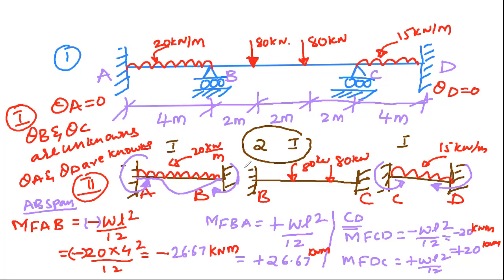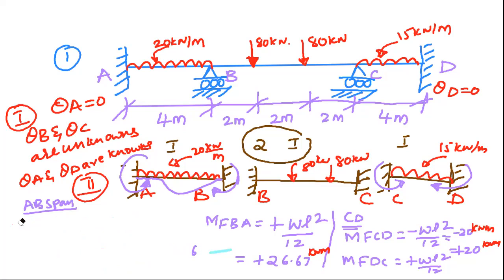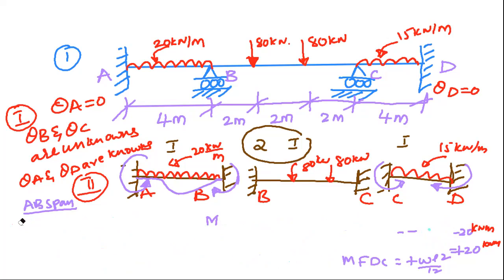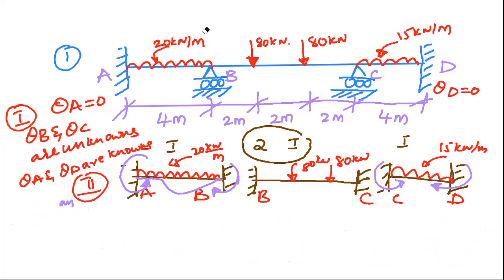Now what I'm going to do is solve for BC span. For BC span the formula is different, that's all. Procedure will be the same. The formulas you have to learn by heart, there is no other go, otherwise you should know the procedure to derive them. All those things you will be learning in your strength of materials course. That is the reason I am not going to repeat it. Now we are going for BC span over here. In the BC span, what is the formula to calculate?